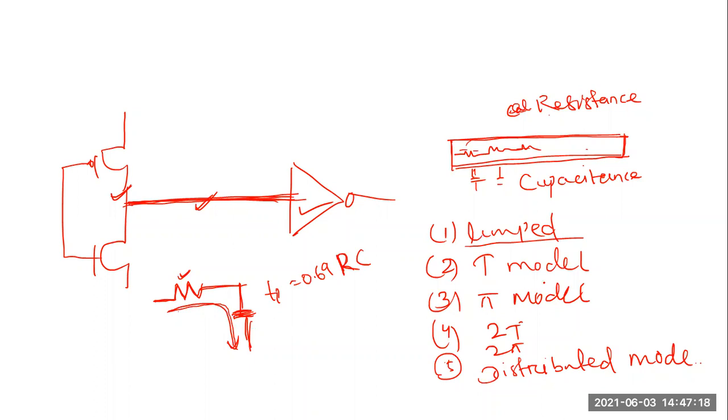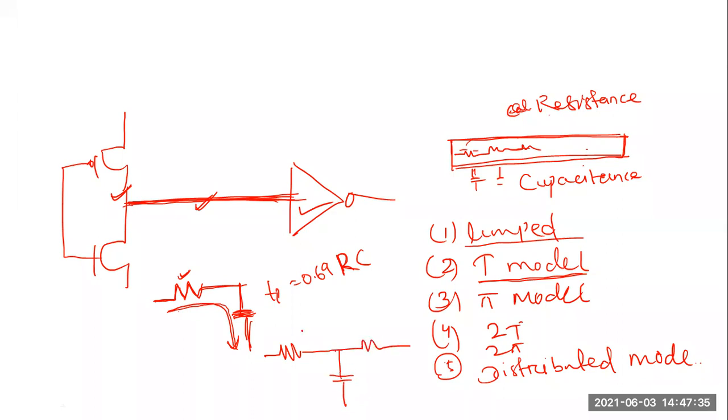Then in the T model, instead of one resistance, we split the resistance in two. The same capacitance will be there.